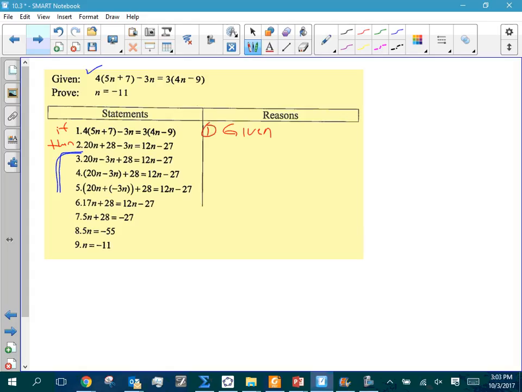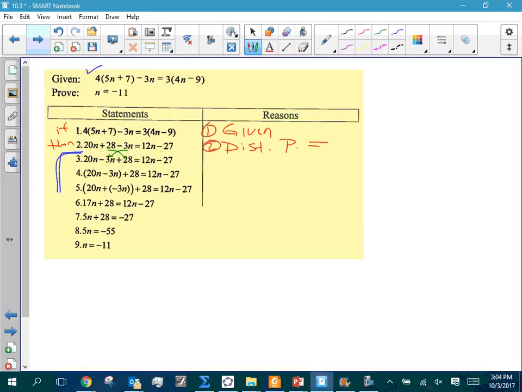But remember, in Math Excel and the end of course exam, if they ask us to do a chart like this or a proof like this, there might be drop-down windows to choose from, and multiply might not be there. Okay? It might be the distributive property. So understand that they really say the same thing. Distributive property is just multiplying multiple times. So we did the distributive property of equality. Okay. Now,